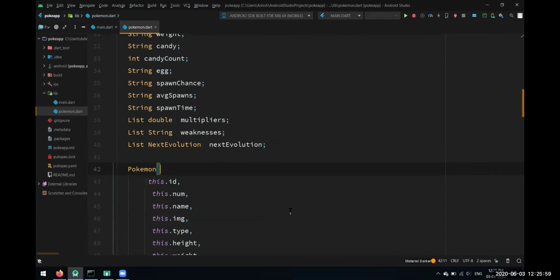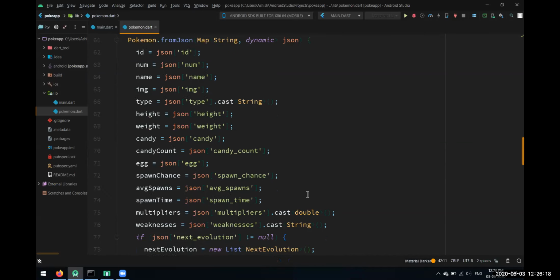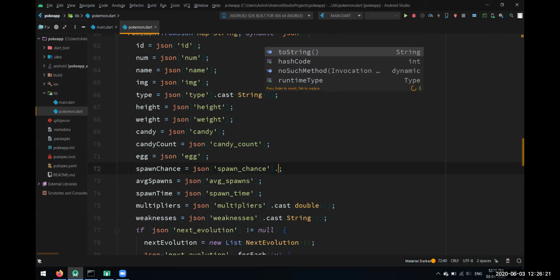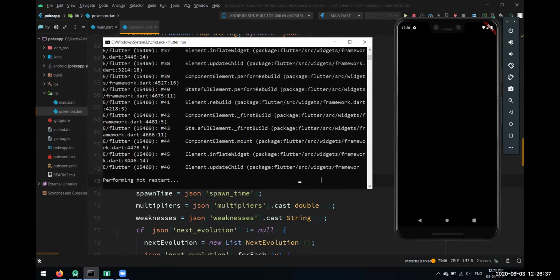And wherever we have its JSON data object, we'll go there and give it a toString method, so that whatever data we get, be it integer or double, it will just be converted to a string. If you remember, these were the two objects we were getting errors for, so let's give them a toString method. Now I think we will not get an error. Let's hot restart and see what we are getting.